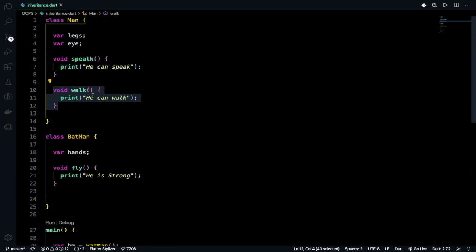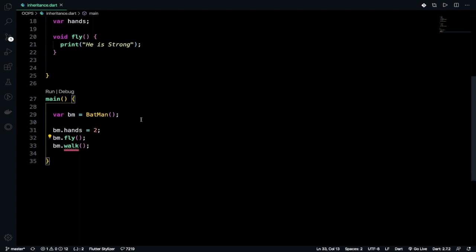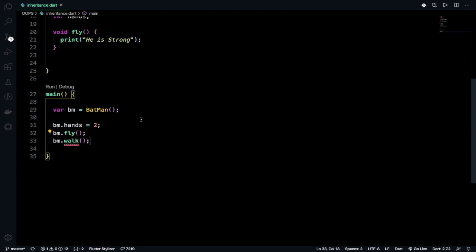But I want this. So how can we get it? That's why the inheritance concept is there. If I write Batman can walk, if I write walk, it will give an error, it will not solve my problem.